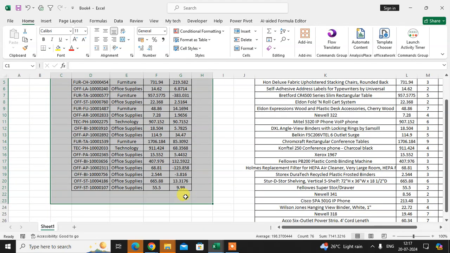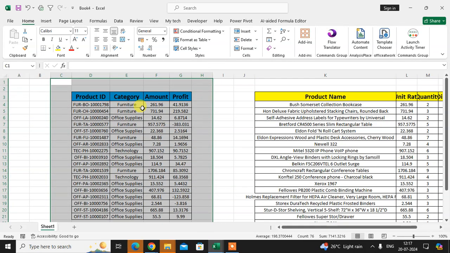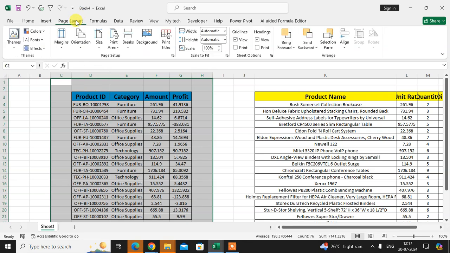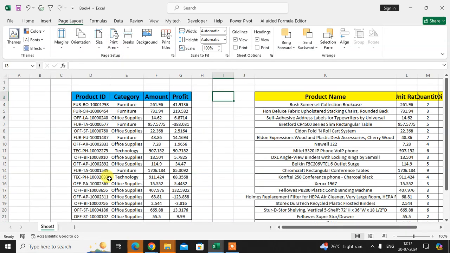So I select the full table with the extra space. Then go to the page layout. In page setup, have option print area. Just click on this arrow. Here see the first option, set print area. Just click on it. When you click on the set print area, here you see the line draw here,